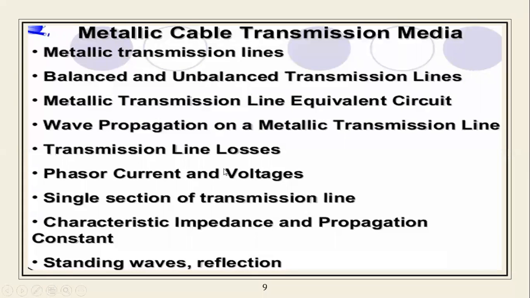All these cases we can find out with the help of the phasor diagram: the amount of the voltage and the amount of the current in all respects, like the peak voltage and current, and the RMS value for the voltage and the current. We can even find the losses with the help of the Poynting theorem. You should also know how we can find the characteristic impedance, that is eta. That is possible with the help of the electric as well as the magnetic field, or in another way, we can calculate it with the help of the medium, that is, the permittivity and the permeability. With that also we can find the characteristic impedance, denoted by eta.